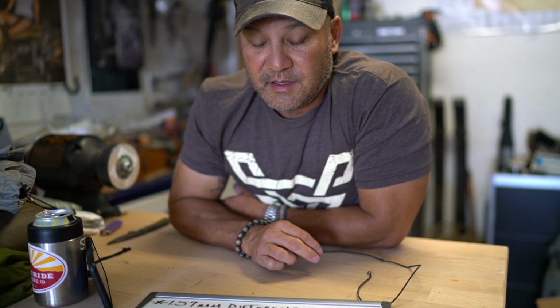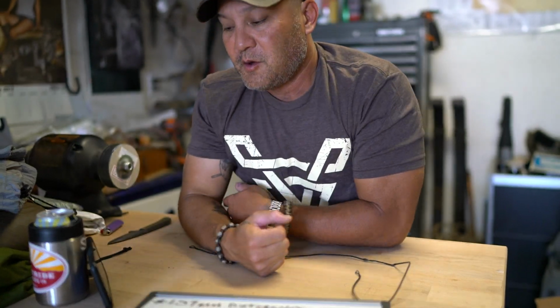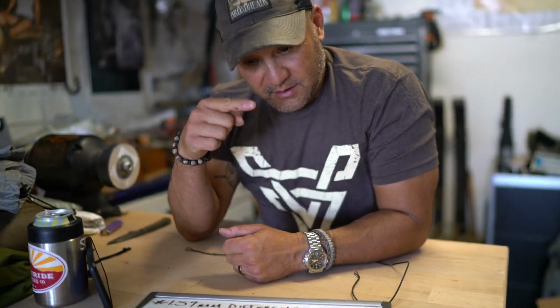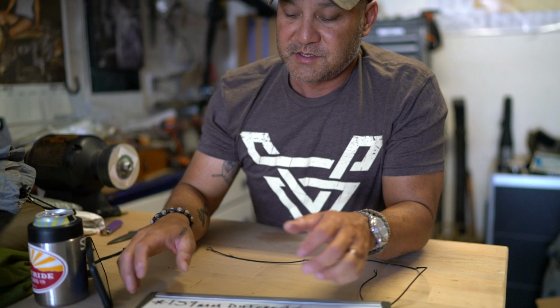So in trying to research or determine what was the problem here, one of the guys at the shop, they've got a caliper, a micrometer that has a depth gauge on one end. It's got a little finger that sticks out the back end that will measure the depth of a hole. So what we discovered is,